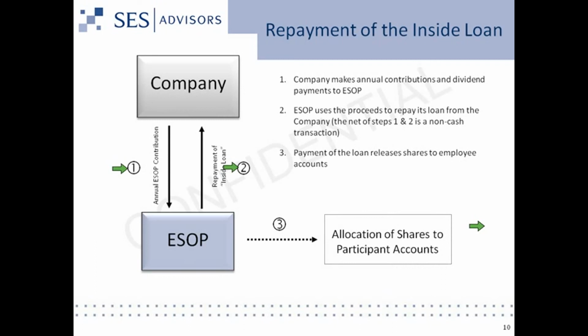But clearly, if you've got a limited amount of compensation and your contributions to the plan are going to be limited to 25% of that eligible compensation, you do have more flexibility by using a lower inside purchase amount. The other advantage to using this two-step structure, that is the redemption of shares by the company and subsequent sale of new shares to the plan by the company, is that it allows a little more flexibility in the transaction